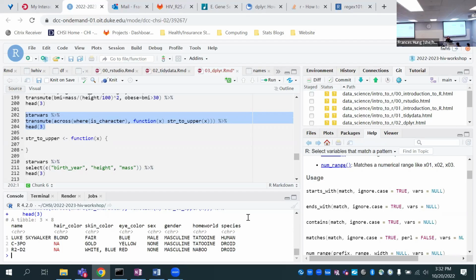In order to do that, inside a mutate function, we can use this where command and this is.character. So is.character returns true or false. It returns true if a column is a character. Otherwise, it returns false if it's something else like a number.